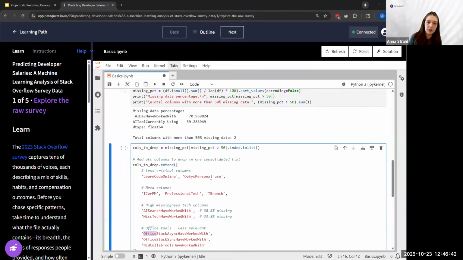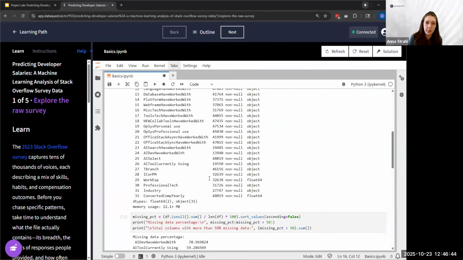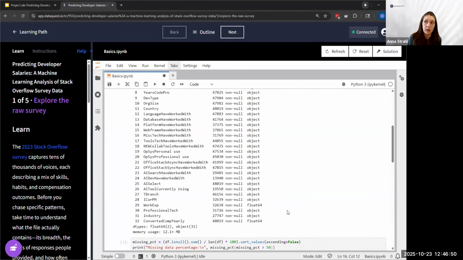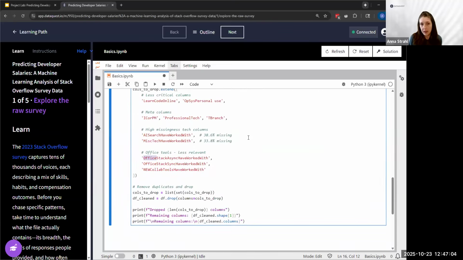I am going through this kind of quickly because when we have 48,000 rows and 33 columns, that's a lot of data for our model to try to calculate on. So we're reducing things a bit to make it easier on ourselves and easier on our model. I'm culling our data, basically.